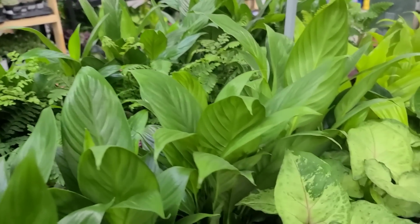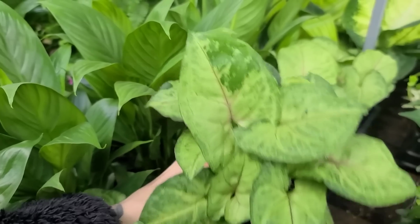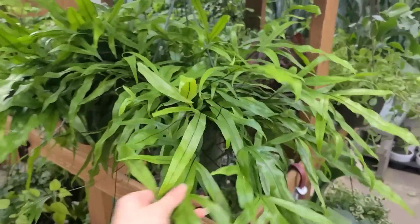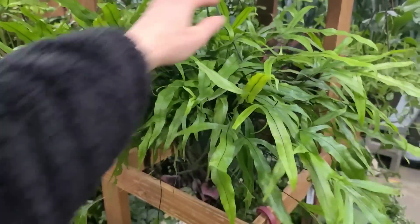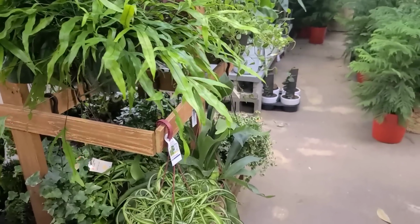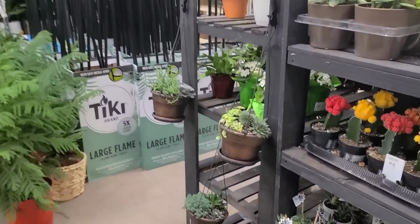More assorted foliage over here. This Syngonium with the green variegation caught my eye. I have one of these, it's called Green Flecked, I think, if you can find one. They're not super common, and they're pretty cute. So another fern hanging out over here, looking nice and lush, and some